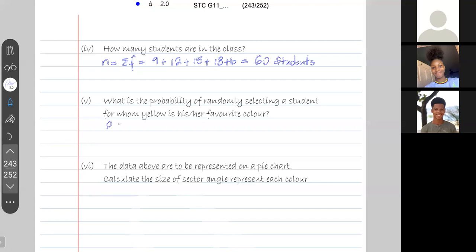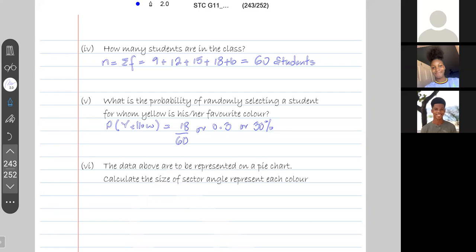So the probability of a student selecting yellow is equal to 18 out of 60, or 0.3 or 30%. So there's a 30% chance of randomly selecting a student from the class for whom yellow is